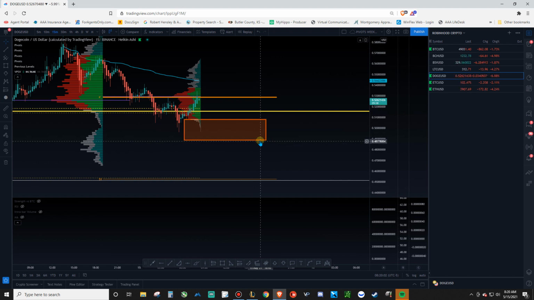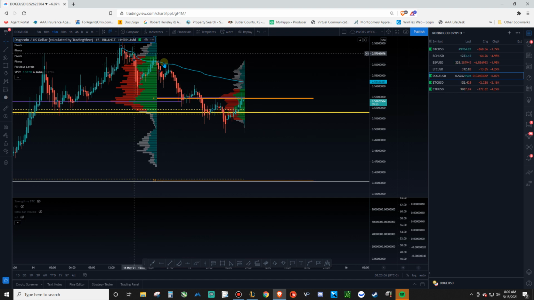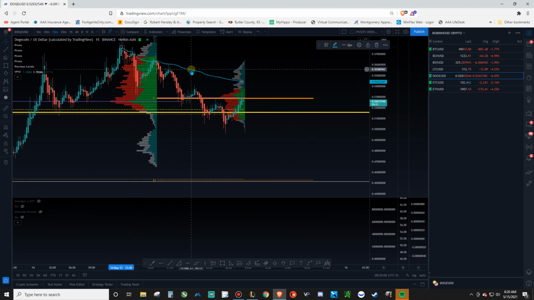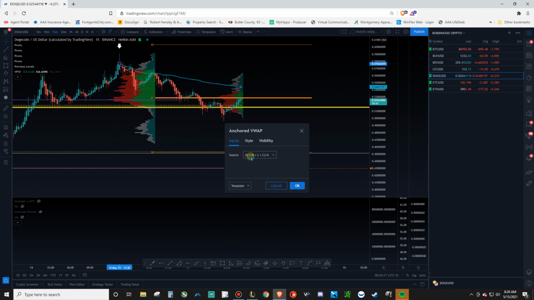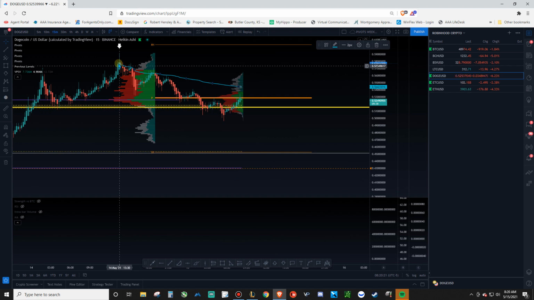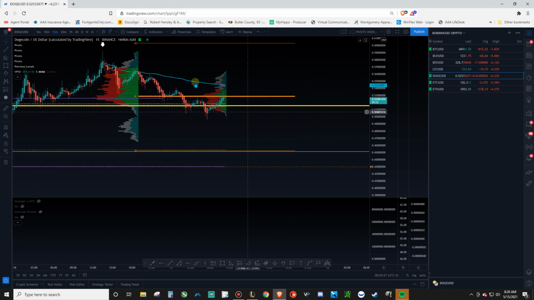So you don't really need much more indicators than just levels and this volume profile. And this is just an anchored VWAP, if you guys know anything about anchored VWAP. I did an anchored VWAP from the open, high, low, close divided by 4 of the highest candle of yesterday. So I figure that's going to be kind of like this dynamic resistance. It's going to give you an idea of